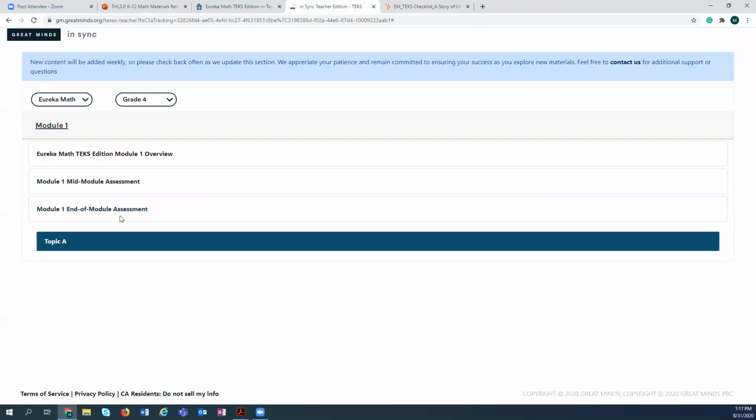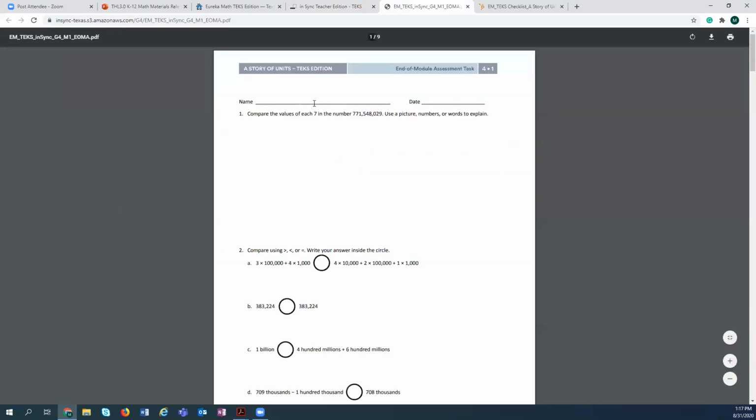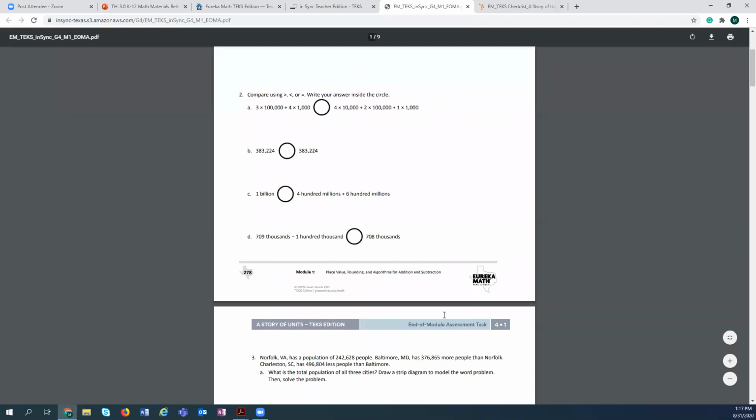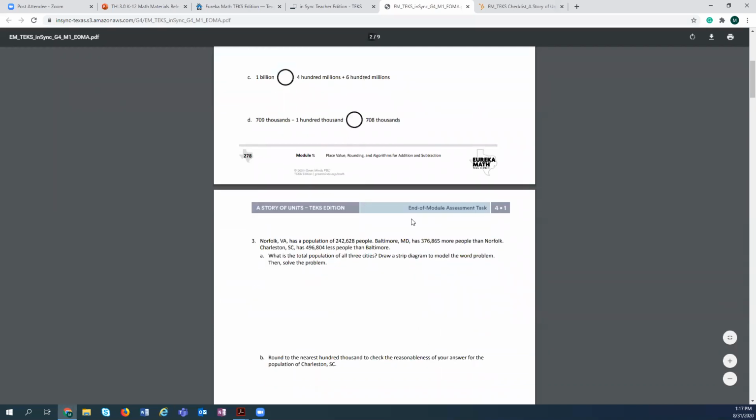And then another material that's available is we have our mid-module and end-of-module assessments. In the end-of-module assessment, you can go in and see that there are a lot of open-ended questions, especially for this point of the year, because you're really trying to see the strategies and thinking of students to better help identify unfinished learning and potential gaps.